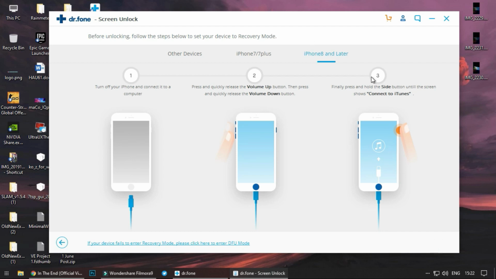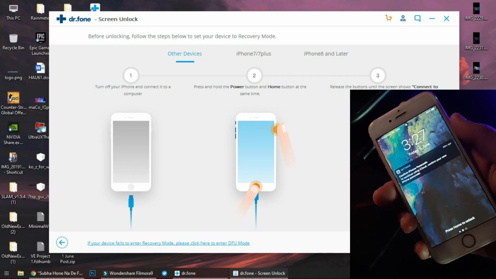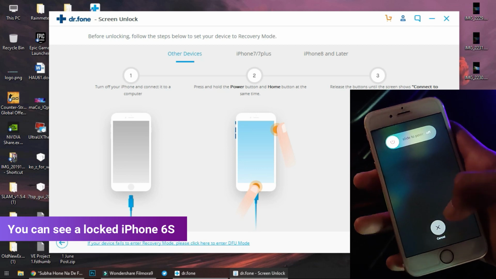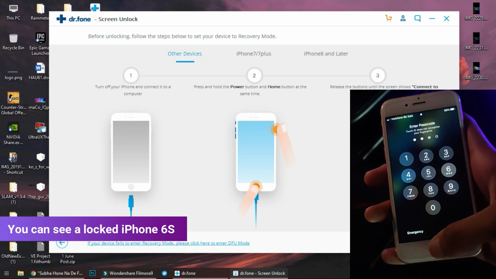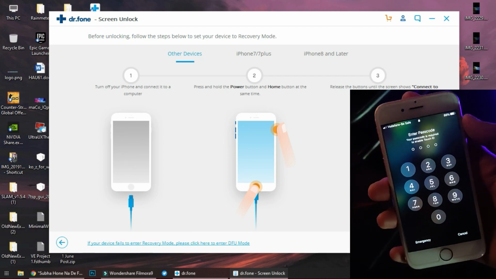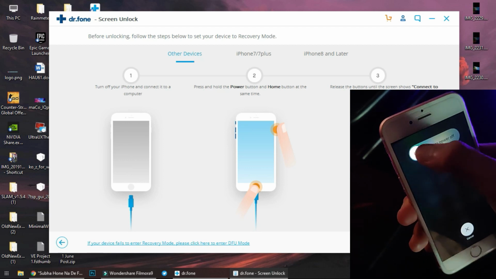So as I'm using an iPhone 6s, I will be going with the first instructions. Again, you can see the device in the bottom right corner of your screen. So first of all, switch off your iPhone by holding the power key and sliding to power off.